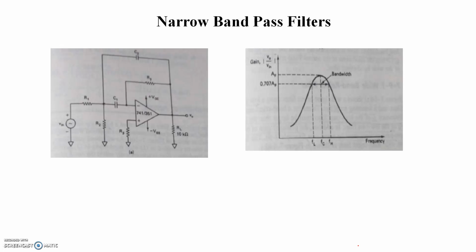In order to design a narrow bandpass filter, we can simply choose the capacitor values C1 equal to C2 equal to C, and the resistor values are obtained as R1 equal to Q divided by 2 pi Fc C AF,